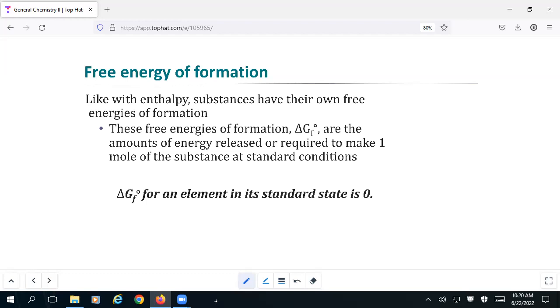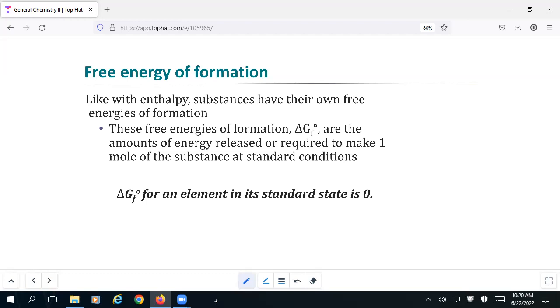This is very similar to the enthalpies of formation that we saw in thermochemistry. The free energy of formation is the amount of free energy associated with the synthesis of 1 mole of a substance from its component elements. Now that sounds familiar because that's the exact definition we used for enthalpy of formation in chapter 10,